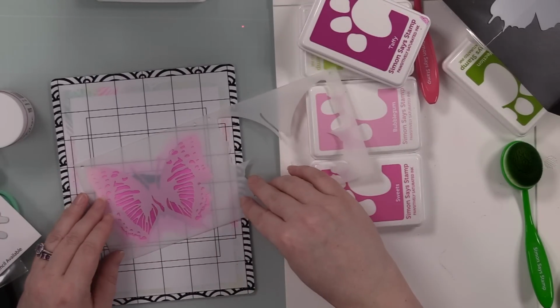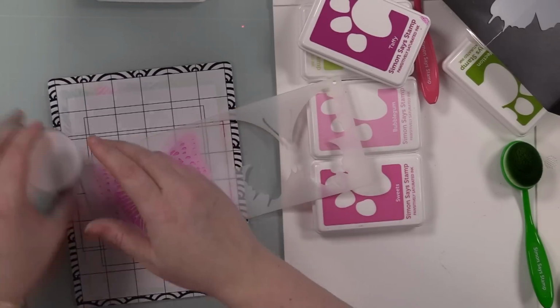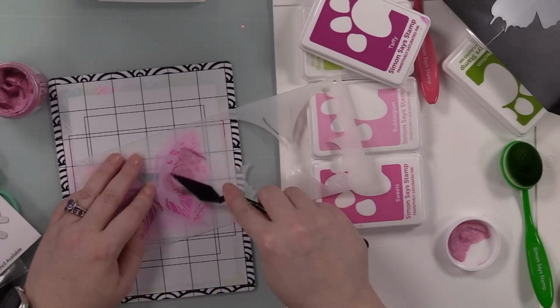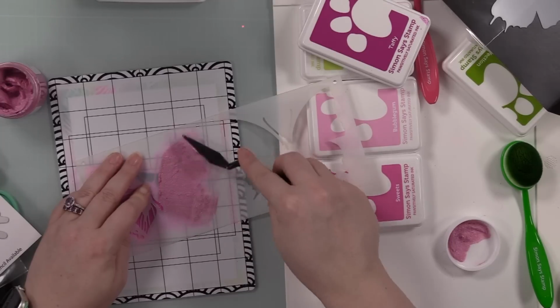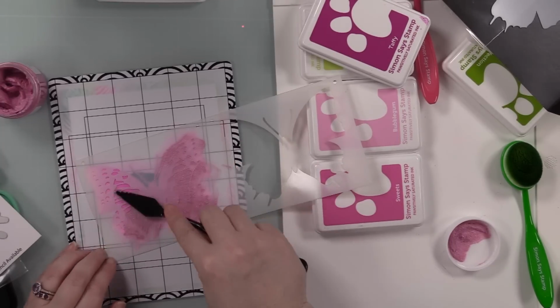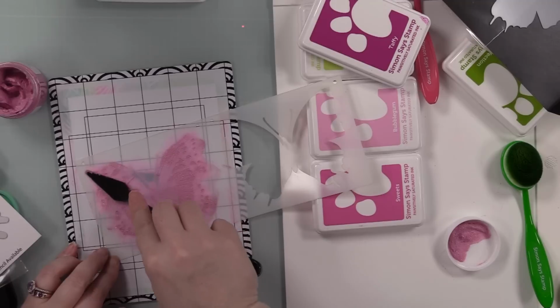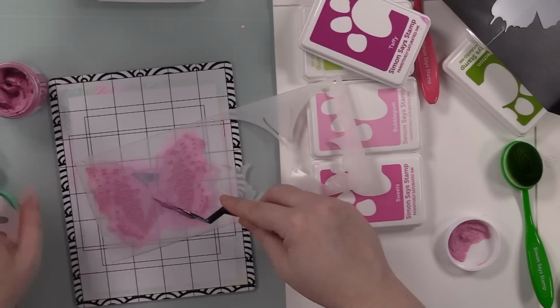I ink blended the same pink inks over that butterfly. And then I used the coordinating stencil, which you can see here, and I'll actually use the other side on the inside of the card. But the one side has all this detail. So I just stuck that, and this is where you can see it sticks to the mat. It's perfect. So I stuck that, and I used one of Picket Fence's paper glaze